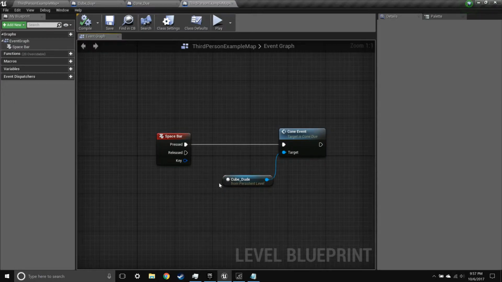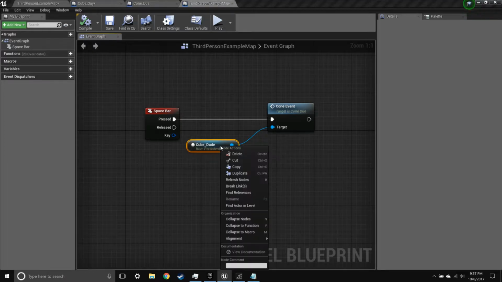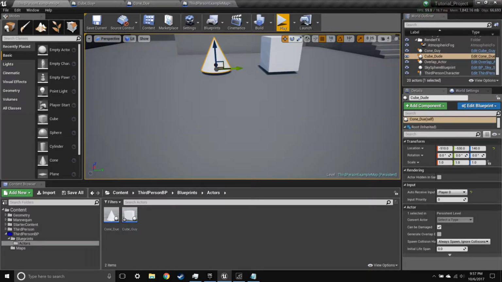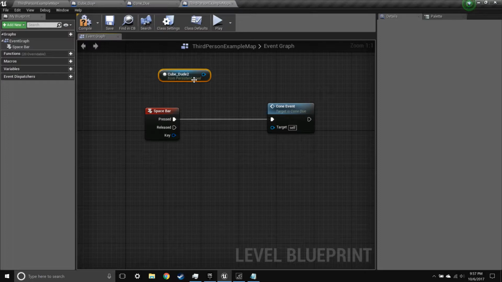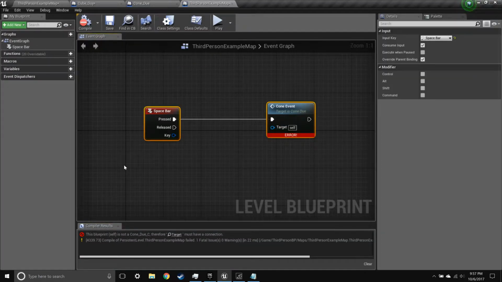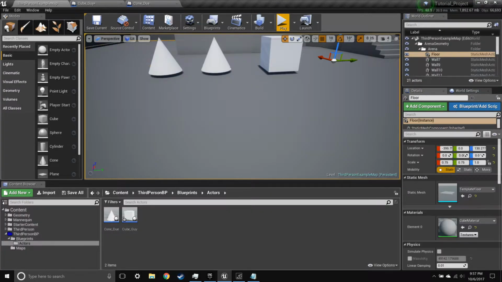You're basically going through the level because the level basically knows, I don't know how to explain this, but it has a reference to every single actor or object in that level, so it's gonna know which one you're talking about. Now the other thing is if you have two, you just make sure you have the other one selected, and then it should have like a 2 at the end. Basically, it just means the second one because they can't have the same name, otherwise it causes problems. Delete this file, save, and we'll move on to the next method of referencing,